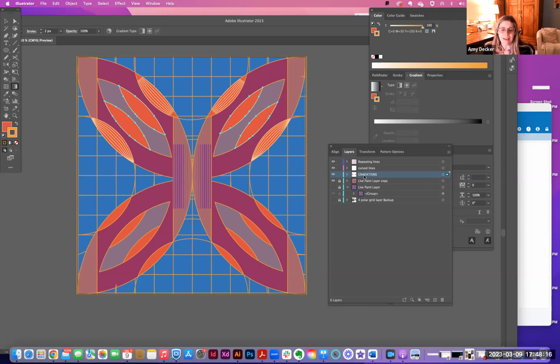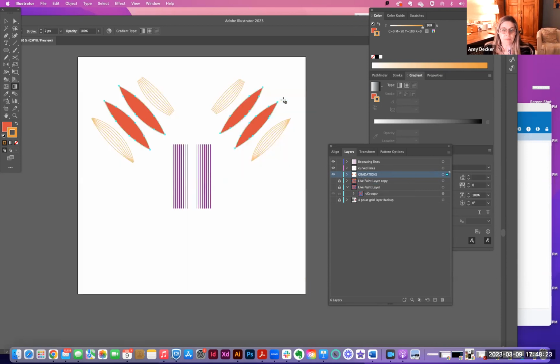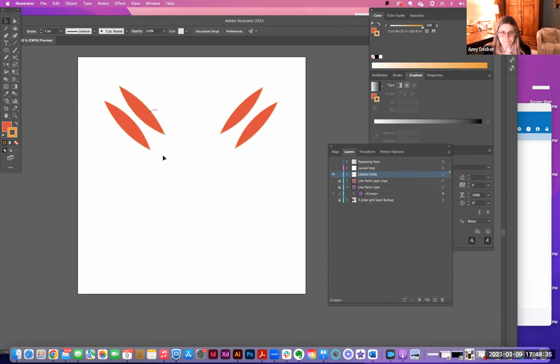Okay, so there we have it. And I'm going to Command F or Control F and paste them on. So now you can see there's my new shapes. I'm going to turn off my line so we can just focus on those. So there's my gradation shapes, the shapes that I'm going to put gradations in. Okay, so everyone pick out your shapes and let's put them on a new layer. And then we can start